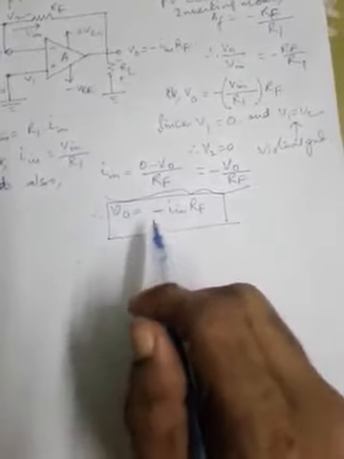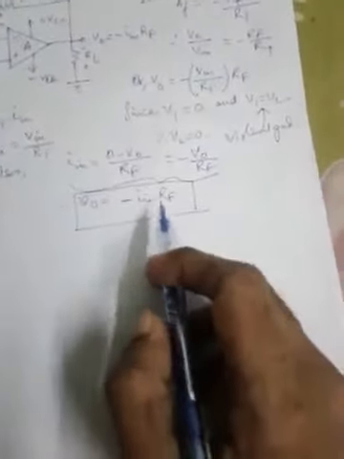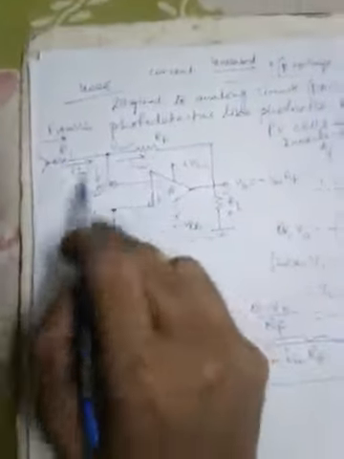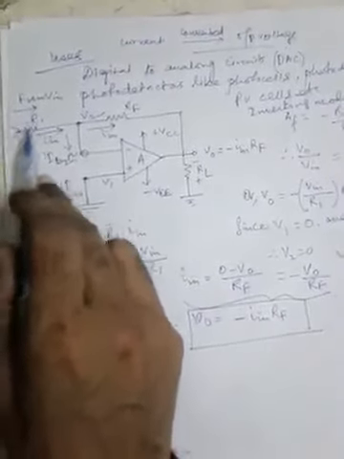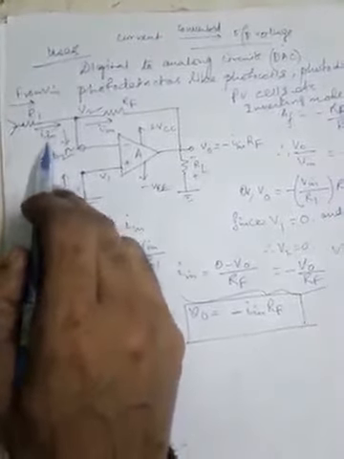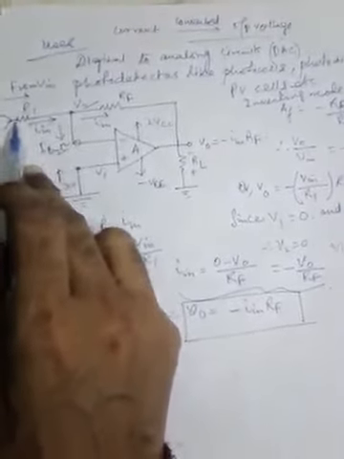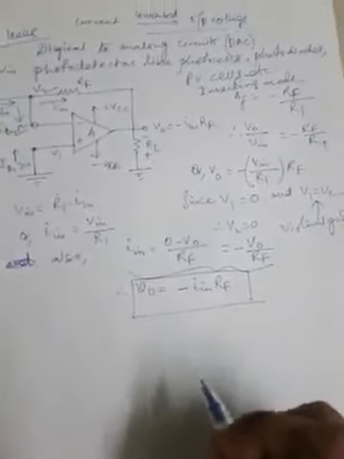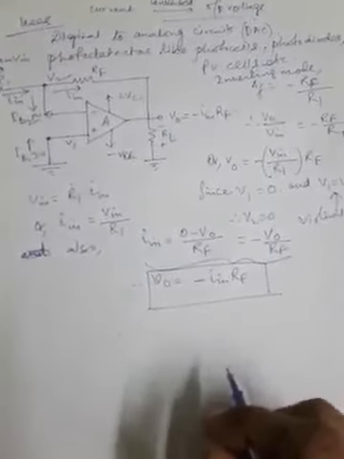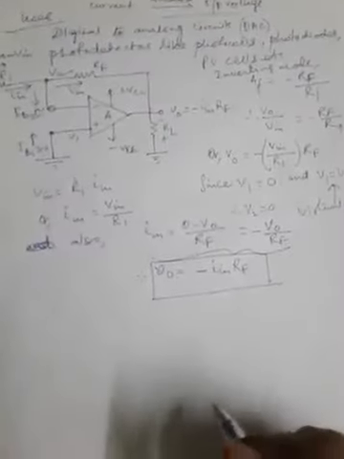So this is the working equation of current to voltage converter. So it means that if we replace the V in and R1 combination by a current source I in, that means at this part the V in is connected at the left side, which is not shown here, and R1, combining this V in and R1, if we replace by a current source I in at this point, which is driving the input current I in into the circuit of op amp, then the output voltage VO becomes proportional to this input current I in, and in other words the circuit will convert the input current into a proportional output voltage.